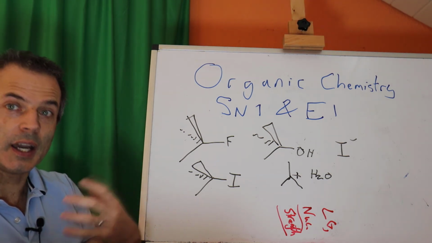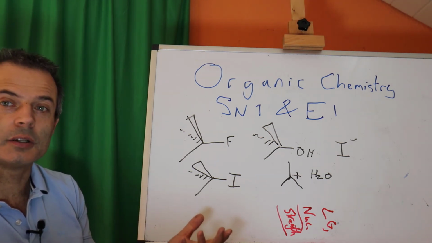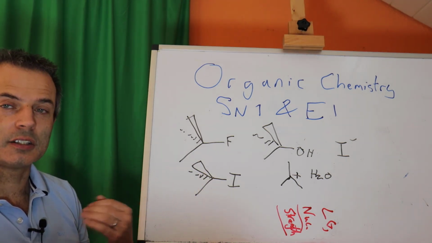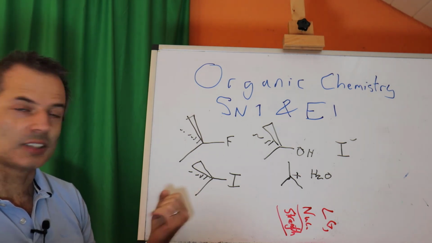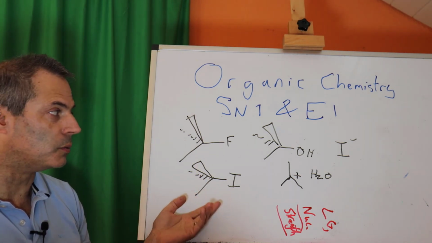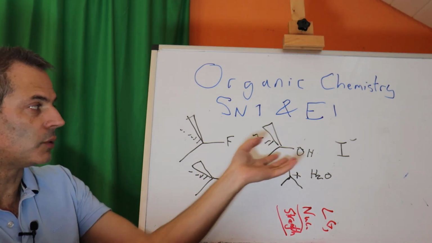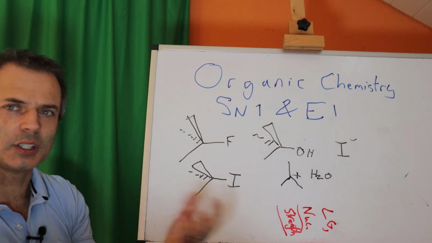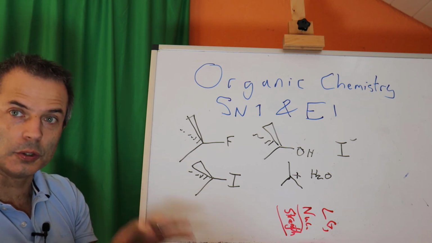Whereas if we do it in acetone, for example, acetone is a polar solvent, but it isn't very good at accepting protons. It's not a very good base, and so it doesn't promote the elimination reaction as much. And so we can consider the two possibilities